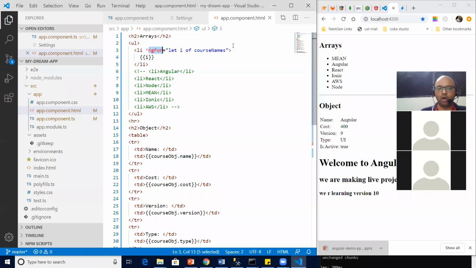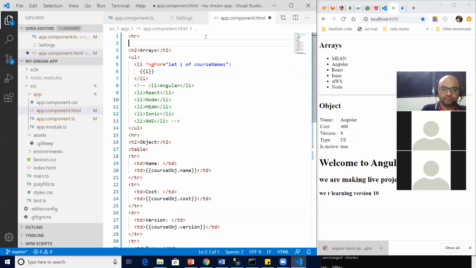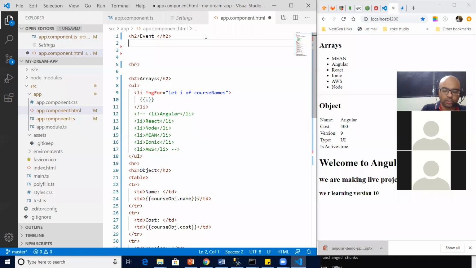So how about putting in an event? Again, we'll be using some directive there, but let's go step by step. So I say h2 and I say event. For an event, the best thing is a button. Let's have a button and say click. Simple, click button.